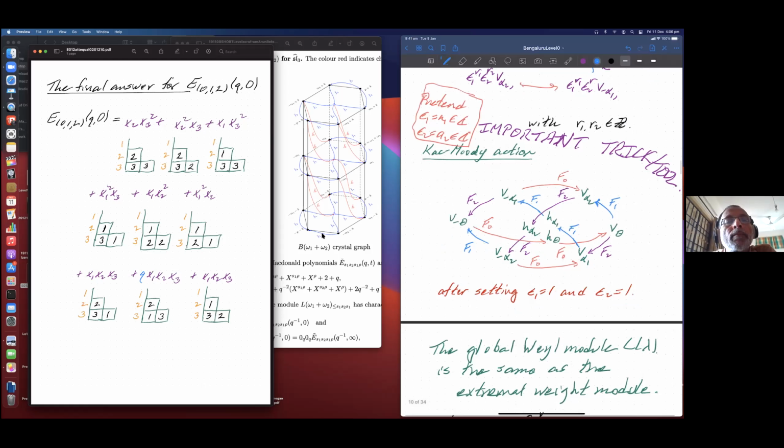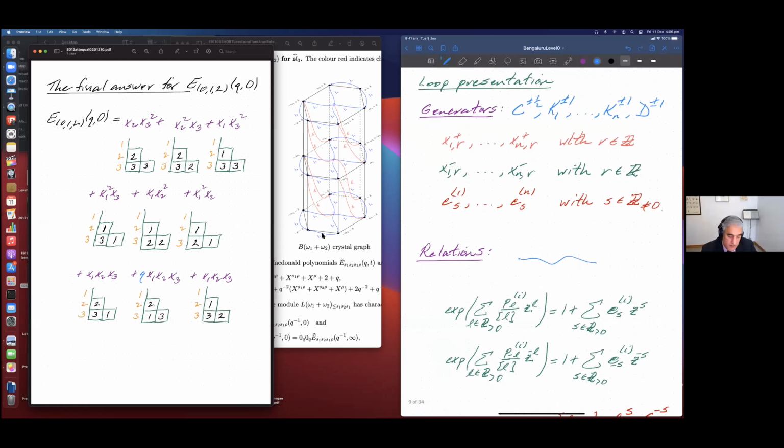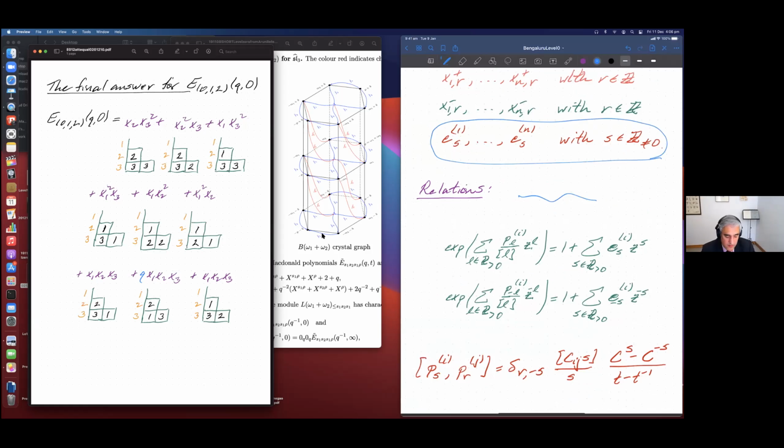Is that correct? Yes, I only need these e's, they generate some ring of symmetric functions, and then I can change whichever to. If I want to change from e's to p's, I can, or I could change to h's, or I could change to Schur's, or. Right. But then